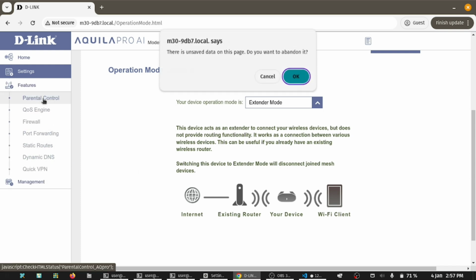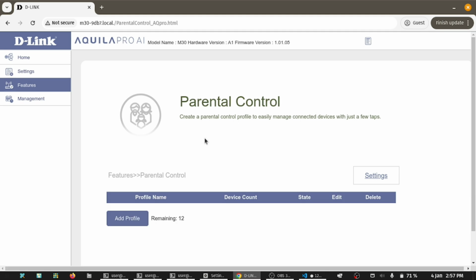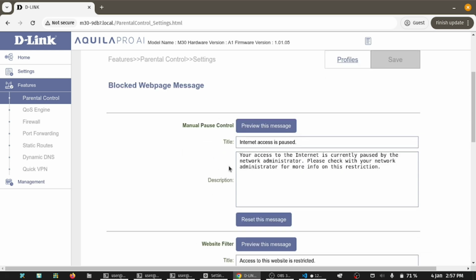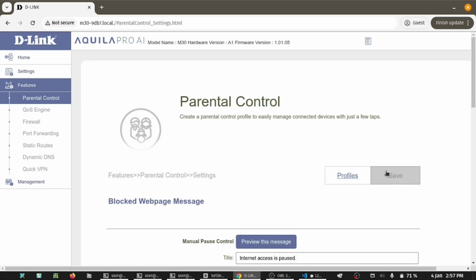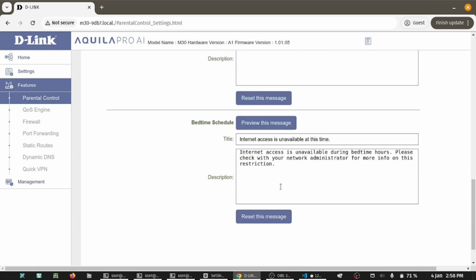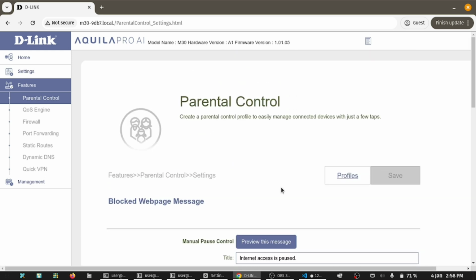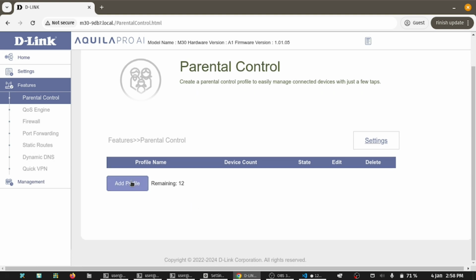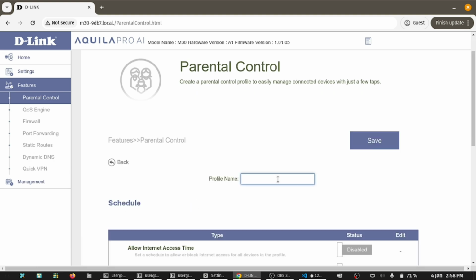Under the features section, we have parental controls. Let's see whether this works. If it's anything like TP-Link's parental controls, it's not going to be very good, but let's see. So I clicked on parental controls and then settings in the top right, and it gives you some messages. I don't really care about changing them. So go back to profiles and let's add a profile name,